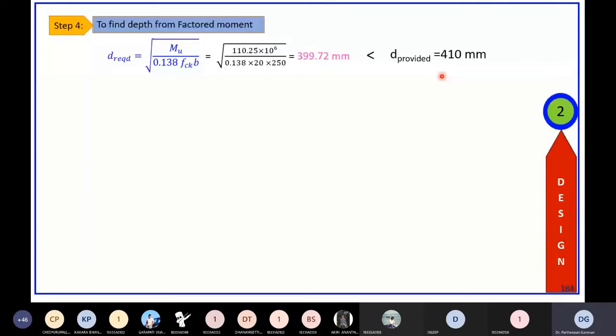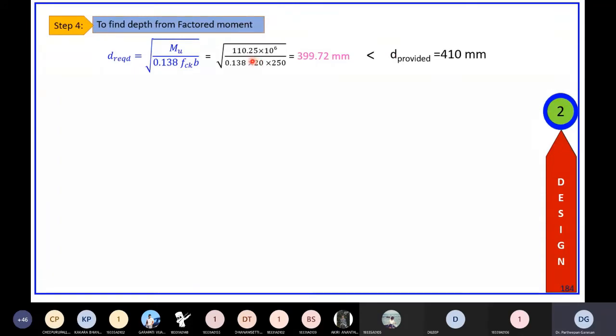Actually, this is a little cyclic process. Had I provided 300 mm, this would fail. Here it will fail, so again you have to increase the depth. Okay, I hope this is clear to all the students. If you have not understood, please ask me. Okay, so if that is clear, because in yesterday's problem, bending moment you have directly found out because self weight was given to you. That load was given along with the self weight. So you found out MU value. From MU value, you found out D value. And then later on, you checked the L by D ratio, whether it's less than 20 or not.